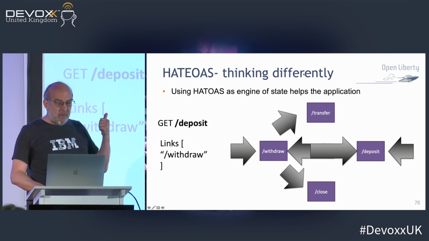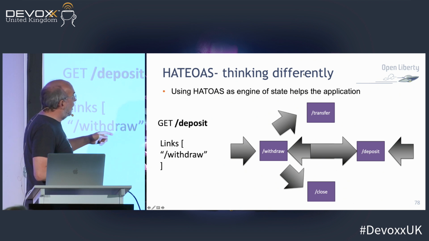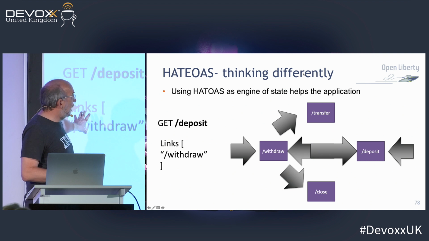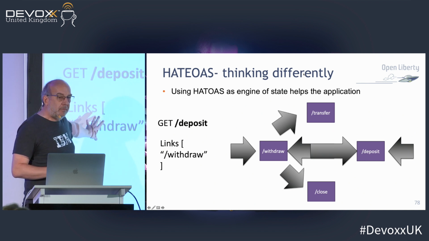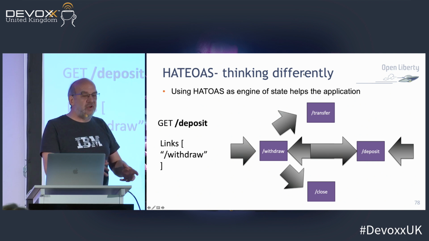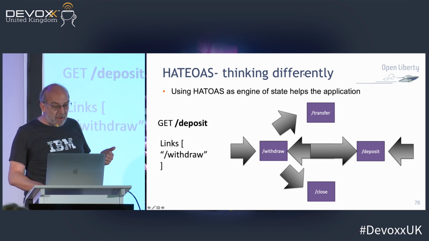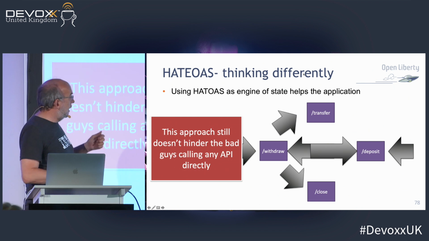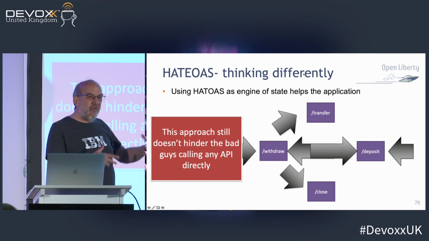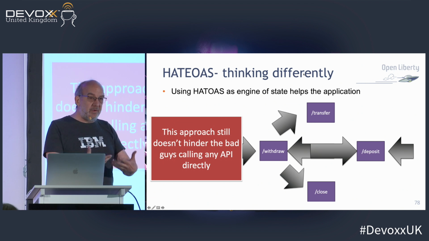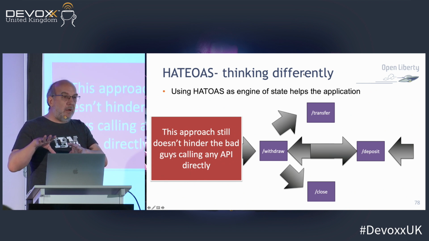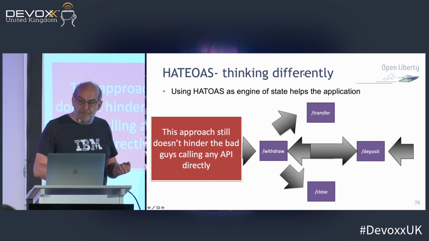That's the wrong thing. What you're trying to do is say, when I make an endpoint call, I get back a list of valid endpoints, okay, so that they're the only things that you should do next. Okay. However, this does not stop the bad guys calling the other endpoints anyway. You're not restricting their use to a particular endpoint. You're just saying these are valid, but it's just a hint, really.